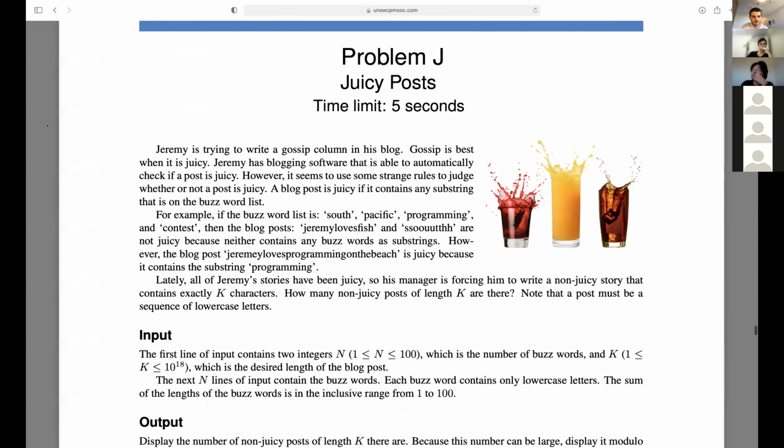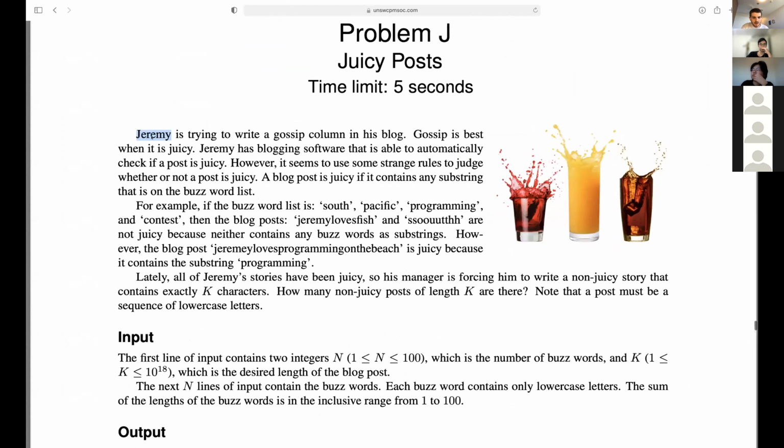So just a quick refresher on the problem. In this problem, the first part isn't that useful. It starts to become useful after the bit that I highlighted. So a blog post is considered juicy if it contains any substring on a buzzword list. As an example, if the buzzword list is South Pacific, regional, and contest, then the blog post Jeremy loves